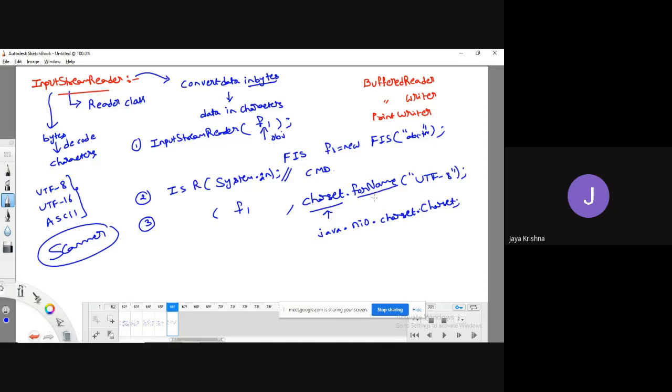If you want to define the type of encoding mechanism for the program, then you have to import the package java.nio.charset.